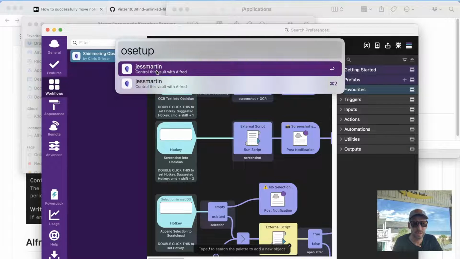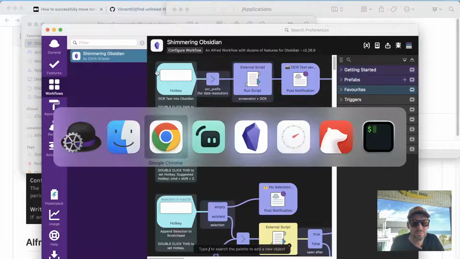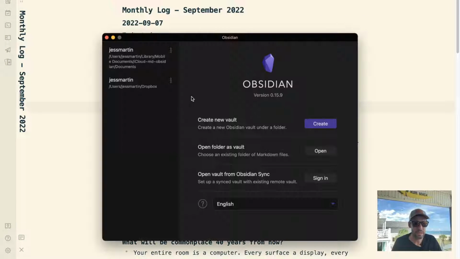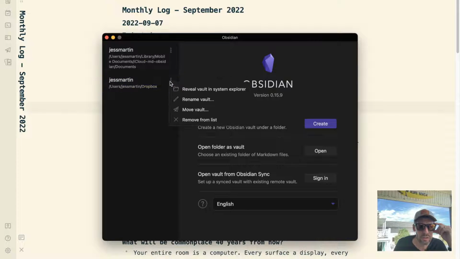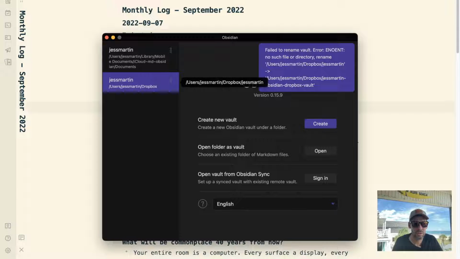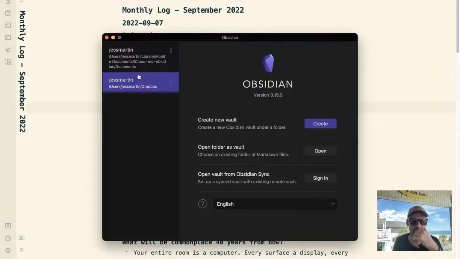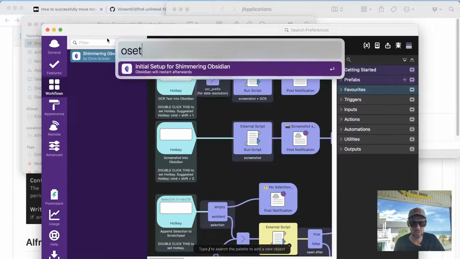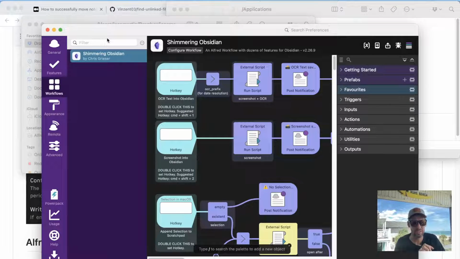Well, that wasn't what we expected. Gosh, do I need to redo the rename here as well? I don't even know if it lets me. This open another interface is really weird. Rename, here we go. Okay, so this is gonna be Jess Martin, Obsidian, Dropbox, Vault. Of course it fails to rename because I've already... All right, we're just gonna remove it. Okay, now I wonder if that will cause setup to only show one thing. It does. Let's hit return.